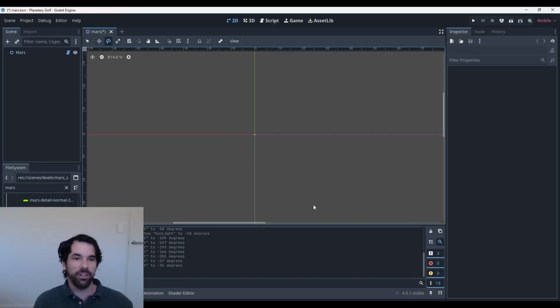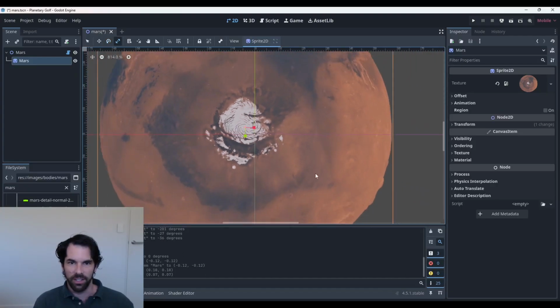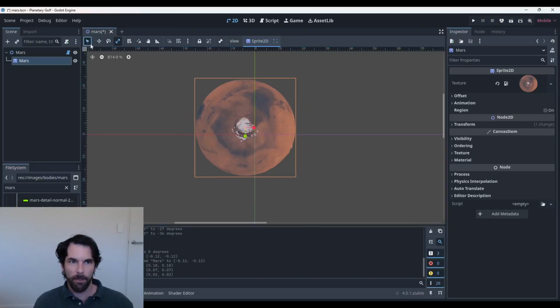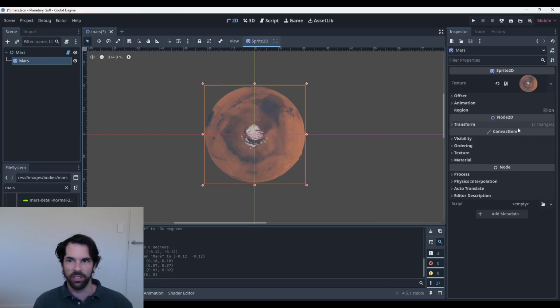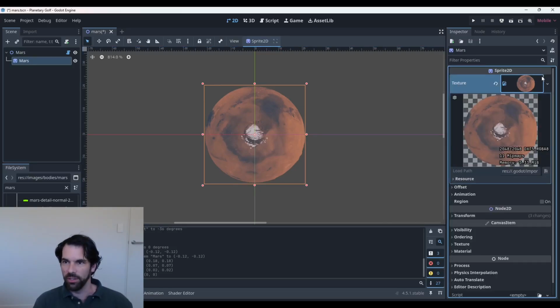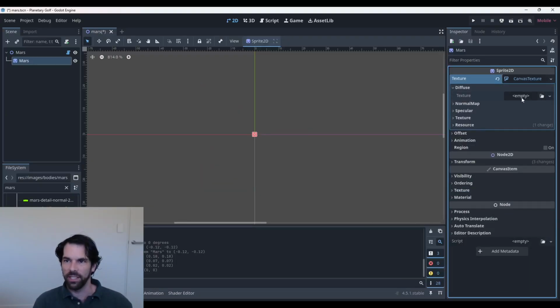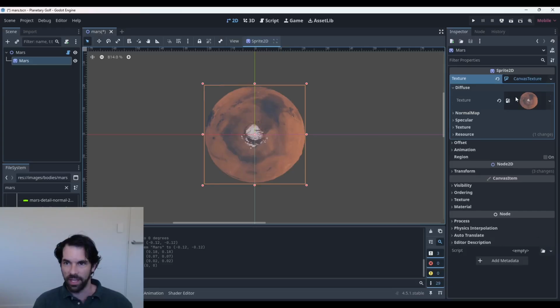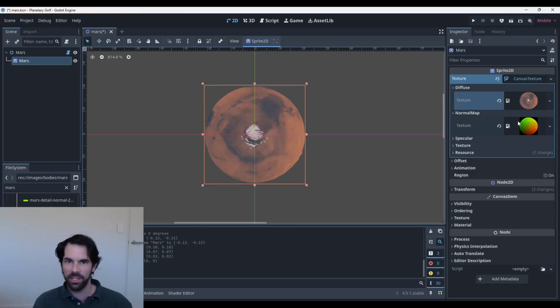So back over in Godot, let's bring it into the game. If we just drag the Mars PNG and scale it down, you can see we've got our Mars image in the game, but that's just our color image. To get a normal map, we're actually going to change this texture to a canvas texture, which has the diffuse image, that's the image we had before, and a normal map. So we'll bring our normal map in, and you can see the normal map didn't do anything because we don't have any lighting. So if we bring a light in,